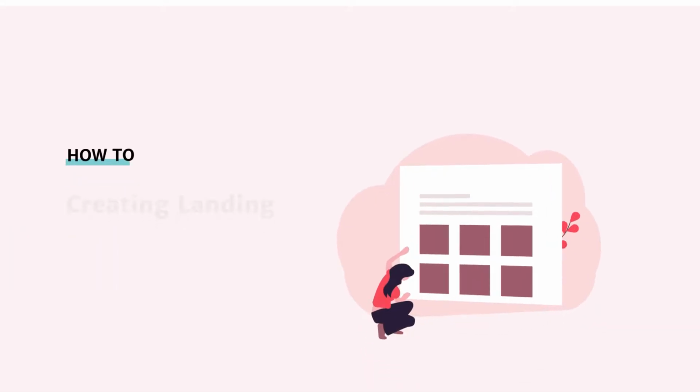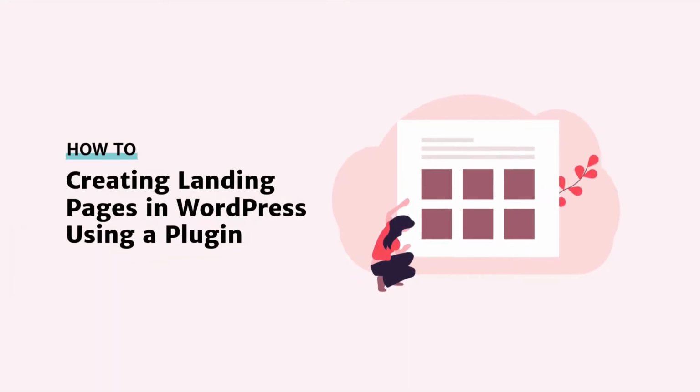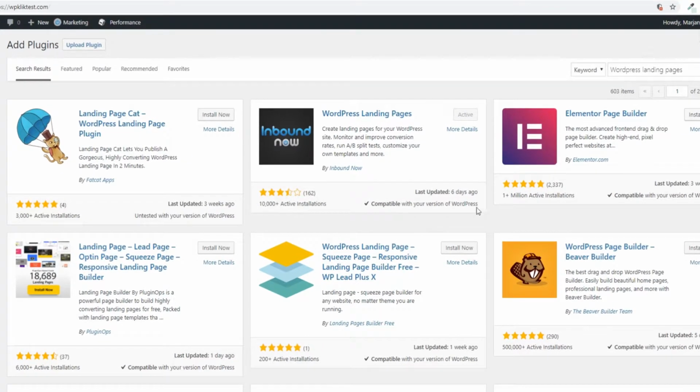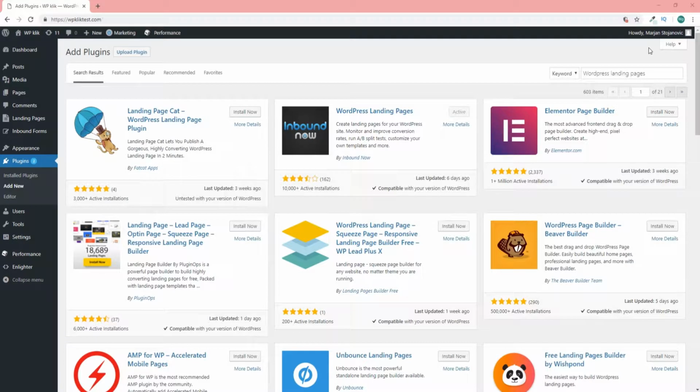In this video, we're going to show you some easy steps for creating landing pages in WordPress using a plugin. Specifically, we're going to use the excellent WordPress Landing Pages plugin. For detailed steps on how to download and install a plugin, check out the link in the upper right corner